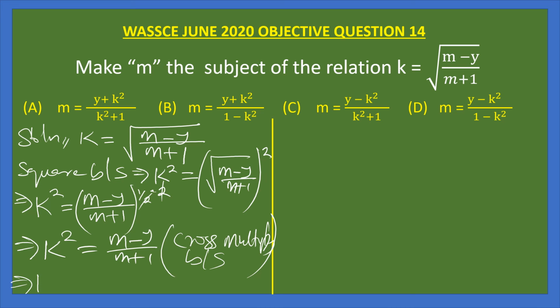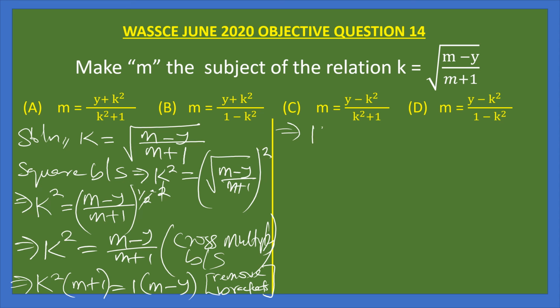This now gives us K squared into M plus 1 as equal to 1 into M minus Y. Now going further, we remove the brackets. Removing the brackets gives us K squared times M plus K squared times 1, which is K squared, as equal to 1 times M is M, minus 1 times Y is